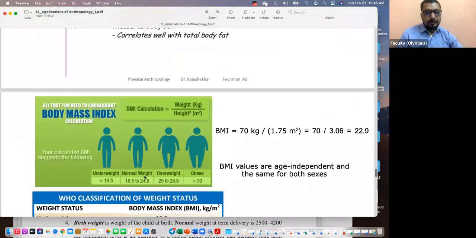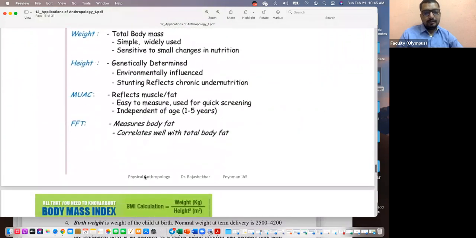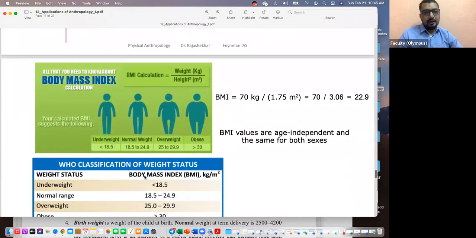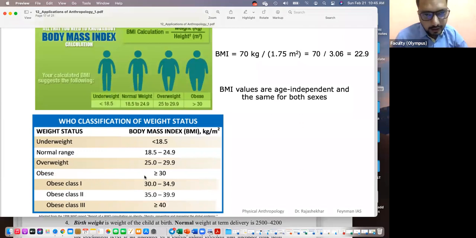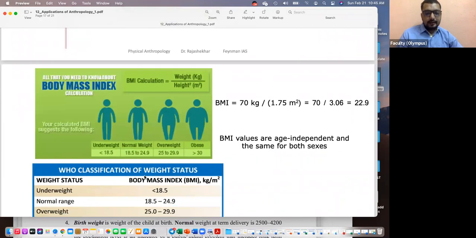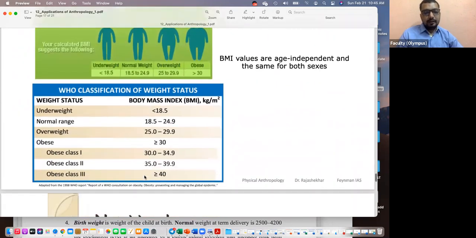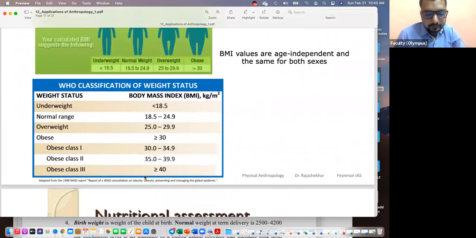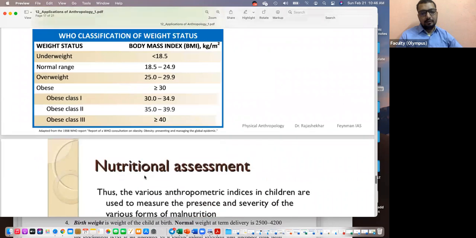Okay, so these are simple measurements. I told you about 4 measurements for children. BMI doesn't matter for any age; BMI is useful for any age. Those other measurements, height and weight, are mostly useful for the early ages of our life, and BMI can be utilized for the later stages of our life. The simple measurements can help us see what nutritional input is going in and what nutritional corrections need to be made. At times it could be nutrition, at times it could be genetics and your physical activity. So we would get insight into these 3 components.